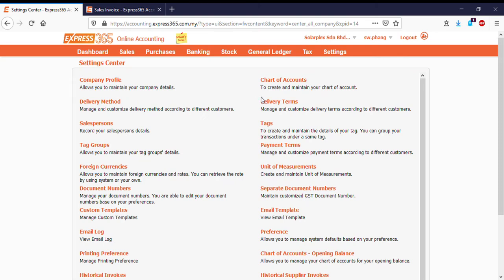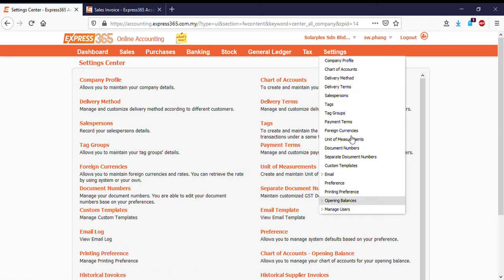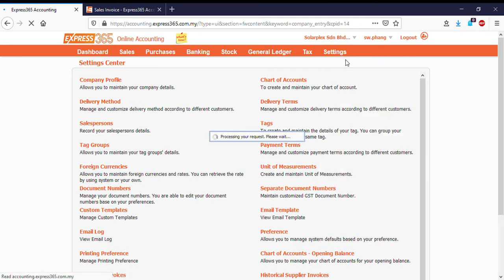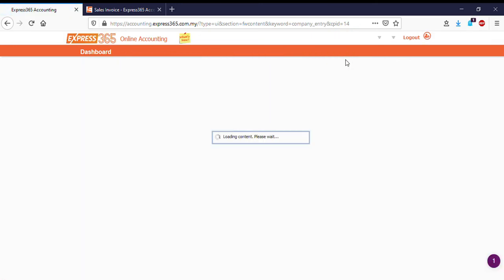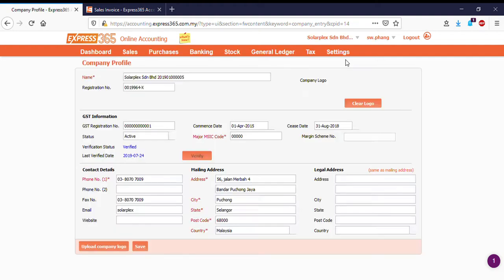When you start using Express 365 online accounting, there's a few items that you need to set up first. For example, we will go through all these settings here. The first one will be the company profile. This is being used in your printout so that when you print out, the header will come out with your company information. So these are your company name, your SSM information, your addresses, and then the contact details